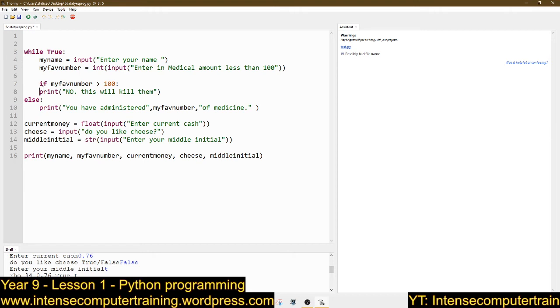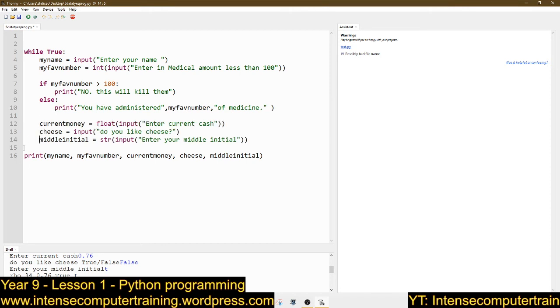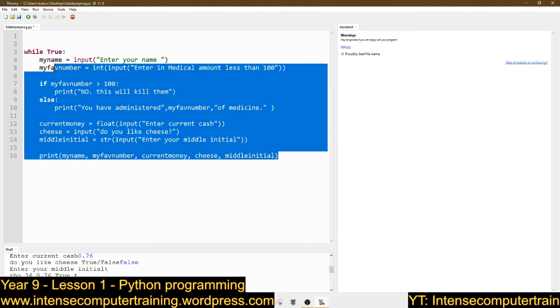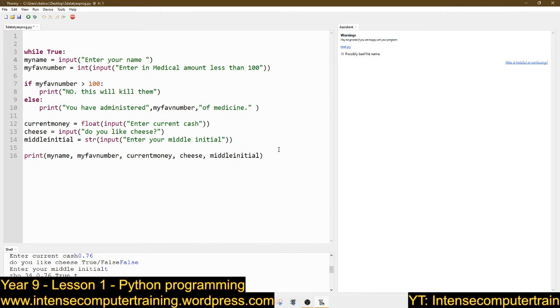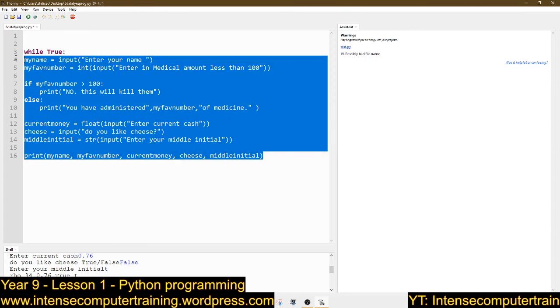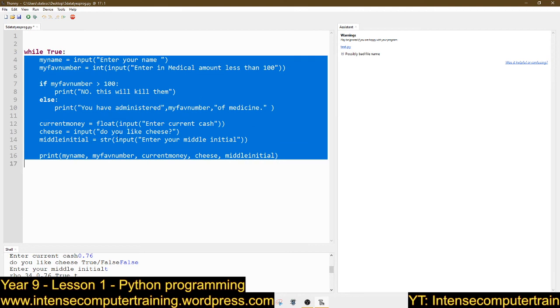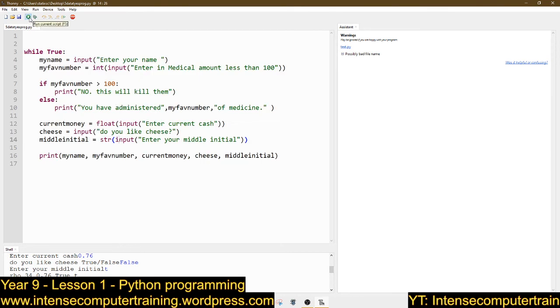But remember, if that one's indented, so does that one, so does that one. A lot of people have that and then tell me, well, it's not working, mine's exactly the same as yours. No, it ain't. But can you see how slow that is? It's really slow. So what I want to get you into the habit of doing is highlighting the whole lot, and then clicking tab once. And then it'll do it all. And then when you run it now, it'll do this.